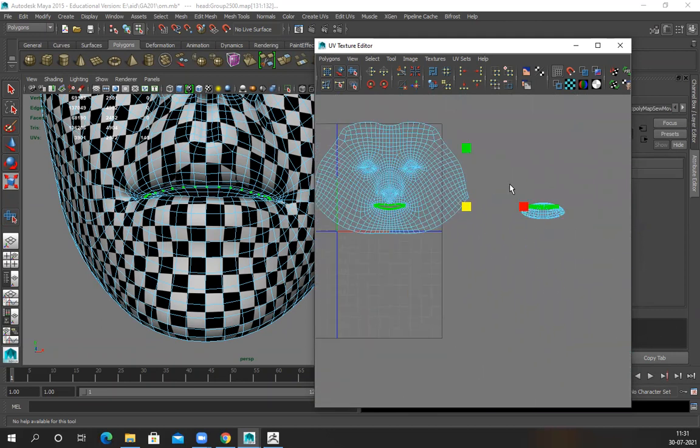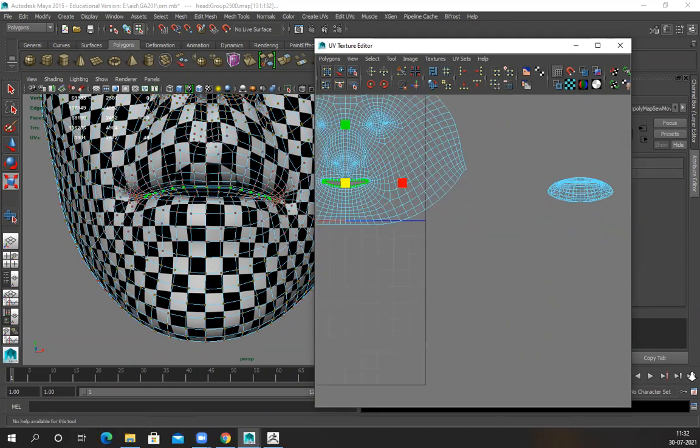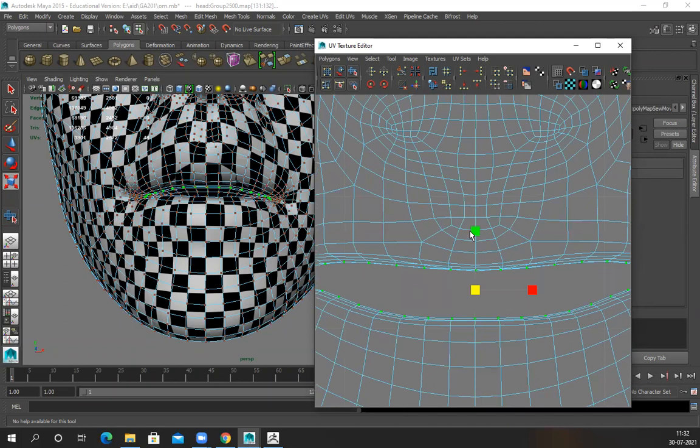That is ZBrush's automatic thing, and it is not highly optimized. So for final texturing, you have to make sure our UV is as perfect as possible, so I have to avoid it as much as possible. Now it's fine. And now what I'll do is reduce this, keep it really low.